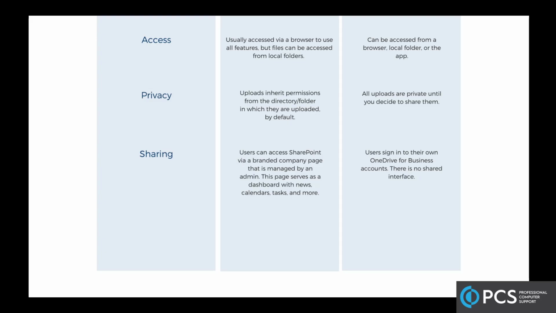In terms of privacy, this is similar to permissions. Essentially, permissions are inherited from the directory or folder above unless you set explicit permissions, which again would all be managed by us and co-decided upon by us and your administration. Whereas in OneDrive, everything you put up there by default is private unless you decide to share it with somebody else. And then in sharing, which I went into a little bit before,